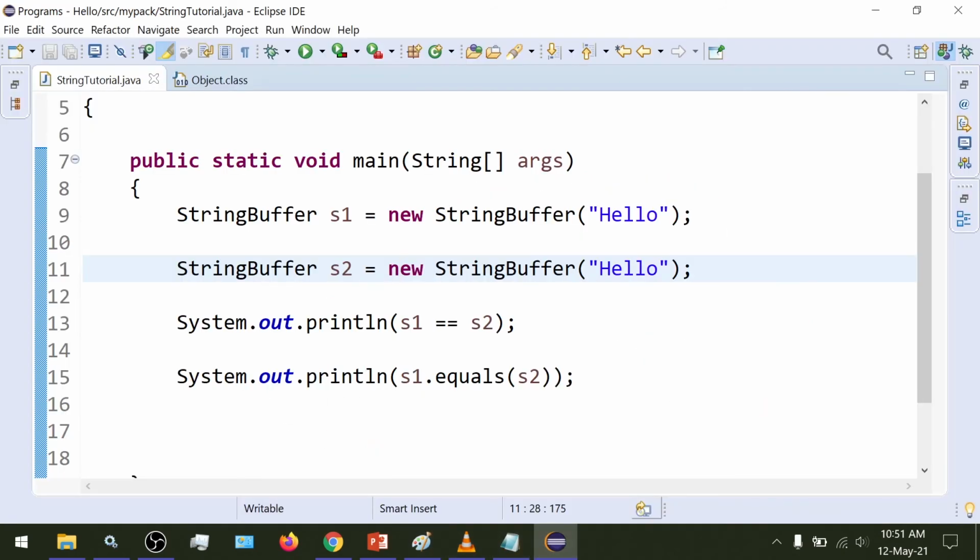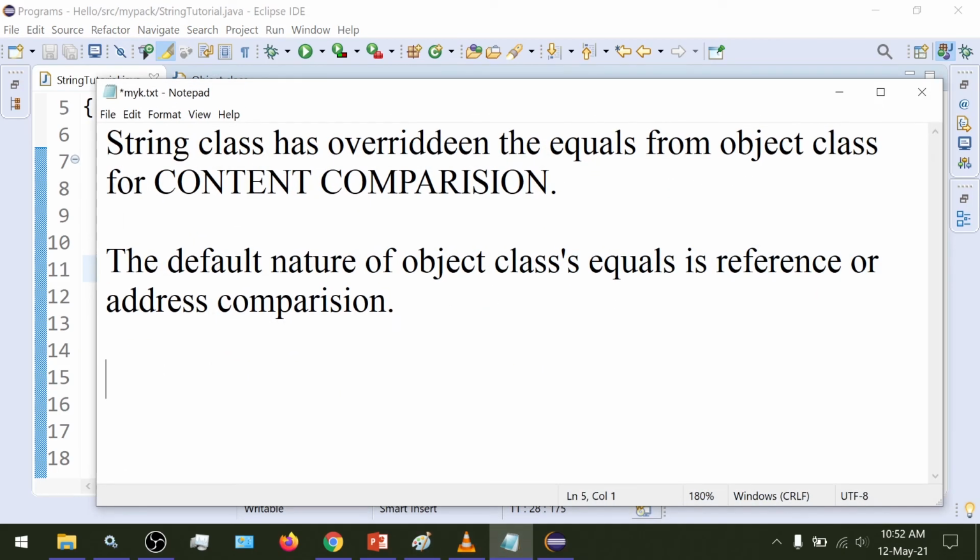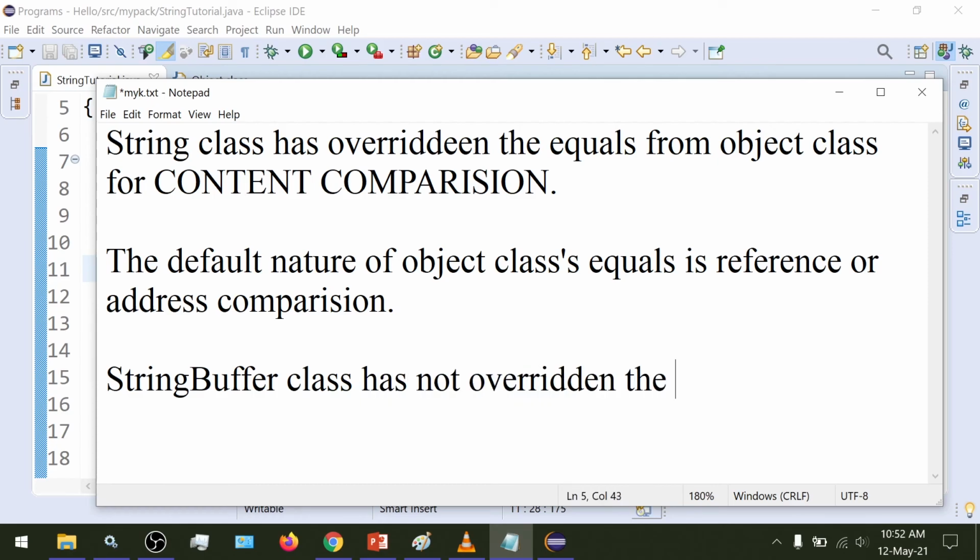That was because the String class has overridden the equals method of the Object class, but the StringBuffer class has not overridden the Object class equals method.